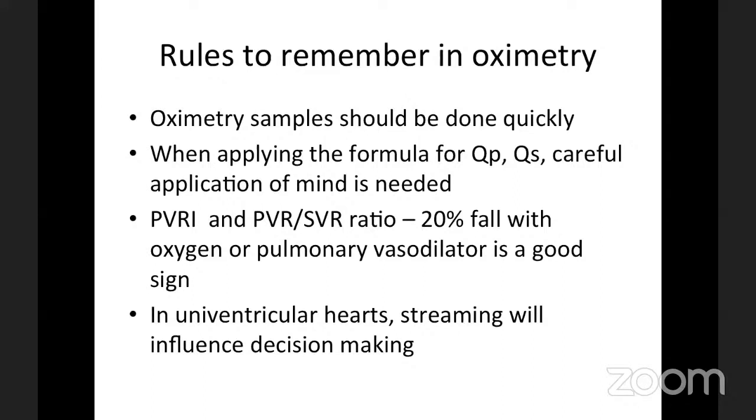Sir, do you routinely take multiple samples during the study, or those values that you mentioned, this 5 mm and 7%, is it only in a single run or multiple runs? Yeah, basically long ago when Dexter laid down these criteria, that was purely dependent on repeated oximetry, because these criteria were laid down before the era of echocardiography. If you are using a single value, a saturation step up of more than 10% will be of significance. And if you are doing multiple values, a value of more than 7% is significant.